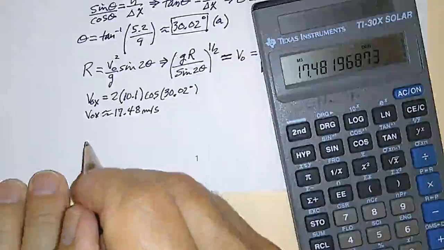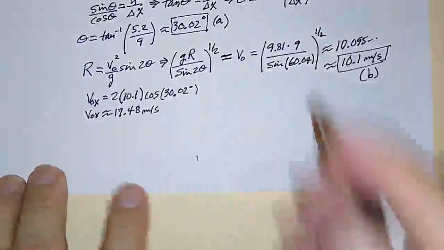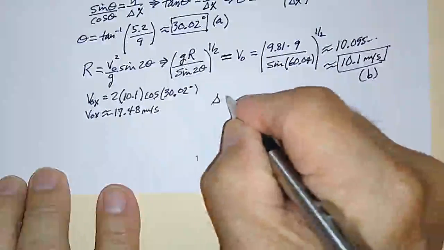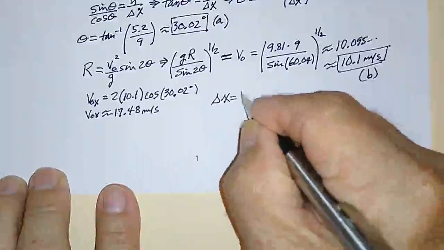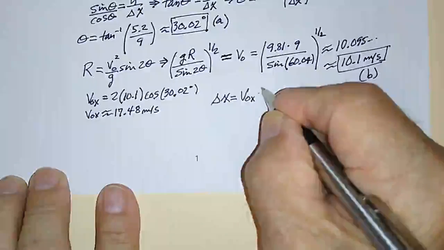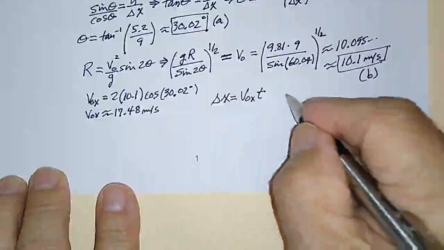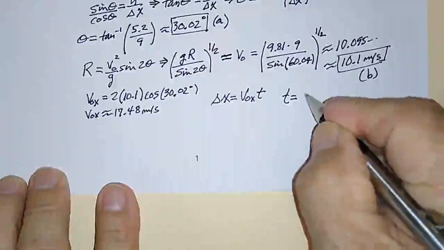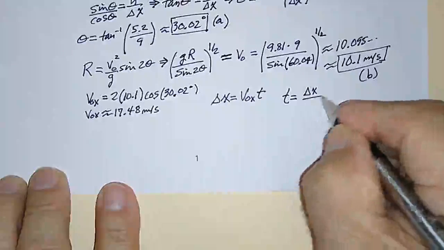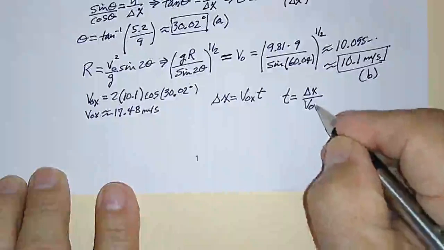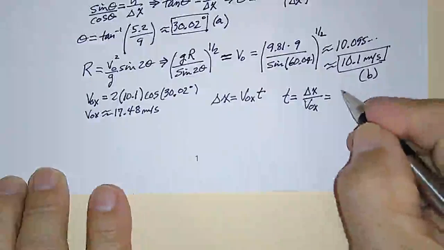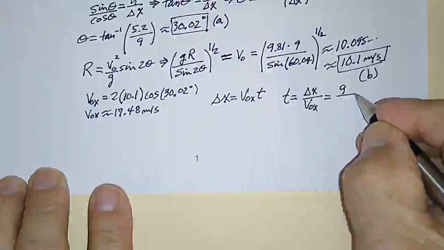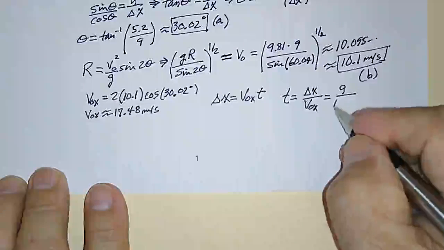But I know that delta x is equal to v naught x times t. So t then is equal to delta x over v naught x, and that's equal to 9 divided by v naught x, which is